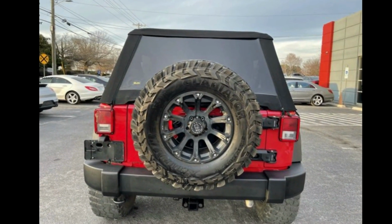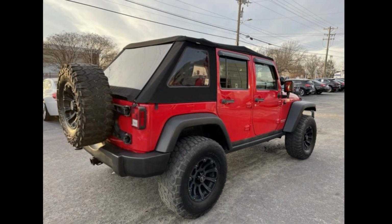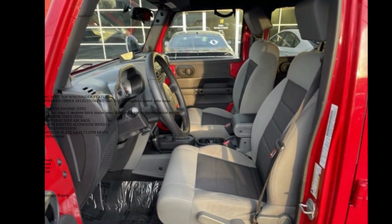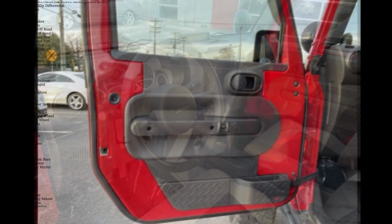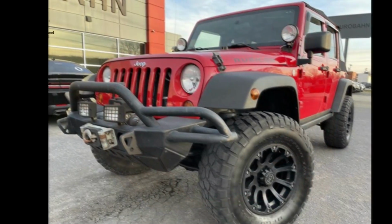Enjoy these notable features: 6R order code, remote start, black easy folding soft top with sunroof feature, 24-hour customer preferred order selection package included, 3.8L V6 engine, 4-speed auto trans, flame red, 3.8L OHV 12-valve SMPI V6 engine,